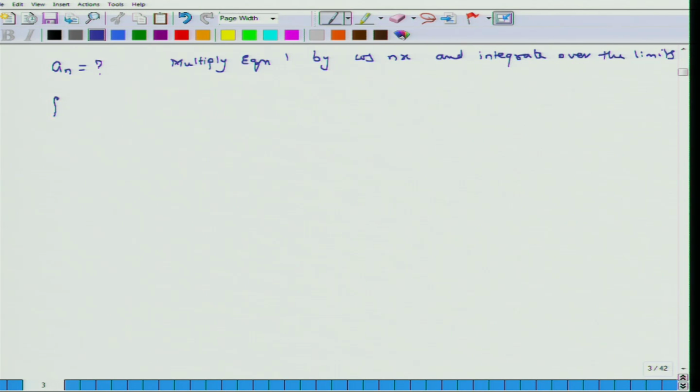So what I get is the integral from minus pi to pi of f(t) times cosine of nt, again this should have been cosine of mt, dt equals the integral of minus pi to pi of a0 cosine of, oh, actually this should not be nt, it should be mt, cosine of mt